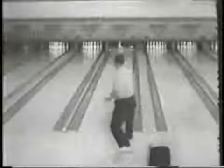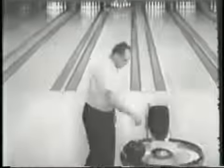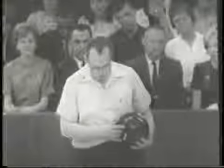There's some nice action, but he has the 8-pin. Pins all over. Trying to carry that one. I think Freddie was trying to slow down a little bit that time to get that ball to come up, and yet in the adjustment, he swings the ball a little more, and they almost miss the head pin. But that's one of his most effective strike balls right there, Freddie. He catches those off-the-wall shots all the time. At the 8-pin, the cover